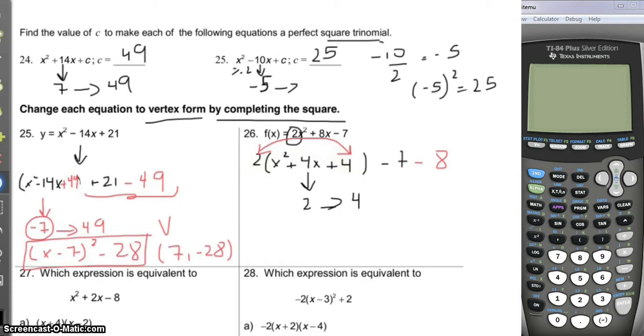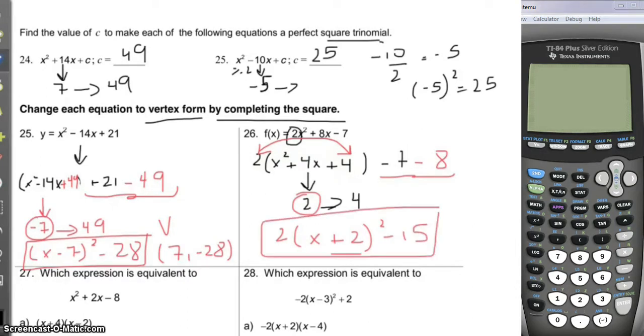So your final answer, or the vertex form, is going to be 2 into x plus 2 squared, because this is a plus 2, so plus 2 goes in here. Negative 7 minus 8 is going to be a negative 15, so that is going to be your vertex form. 2 into x plus 2 squared minus 15. So as you can see,